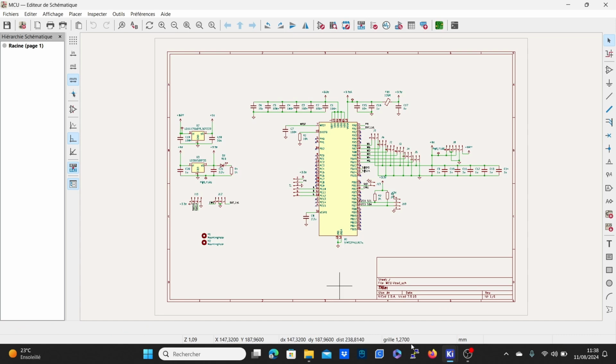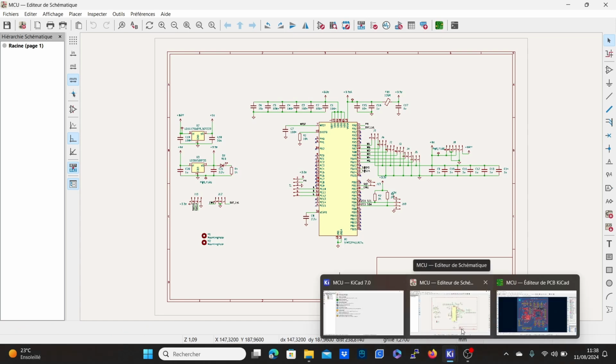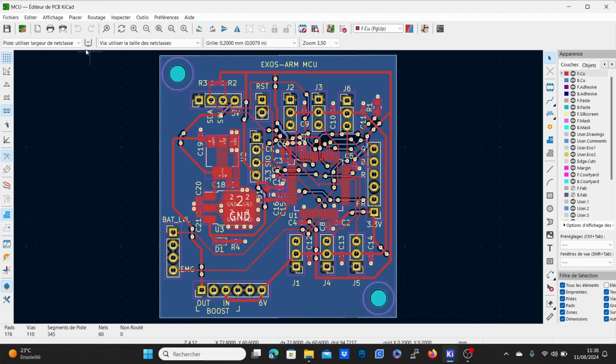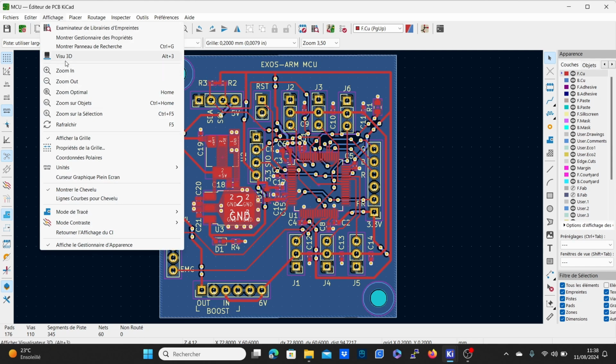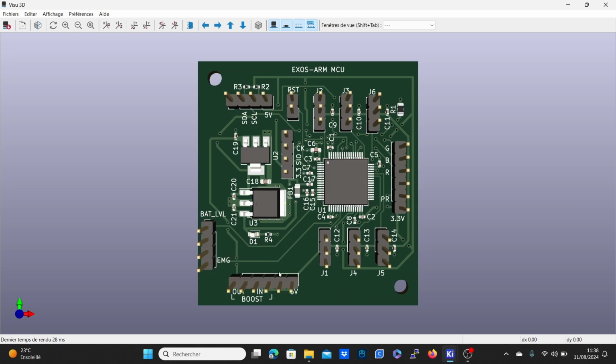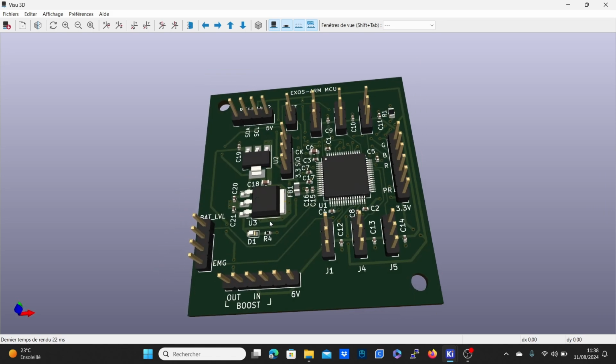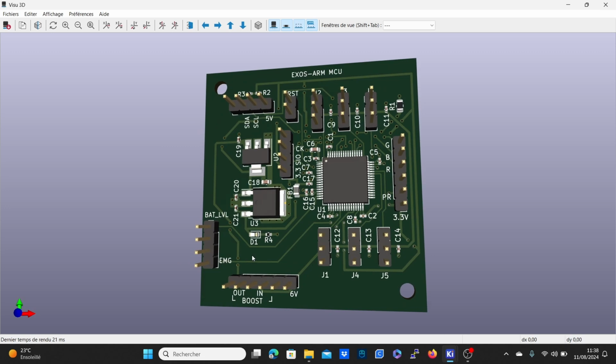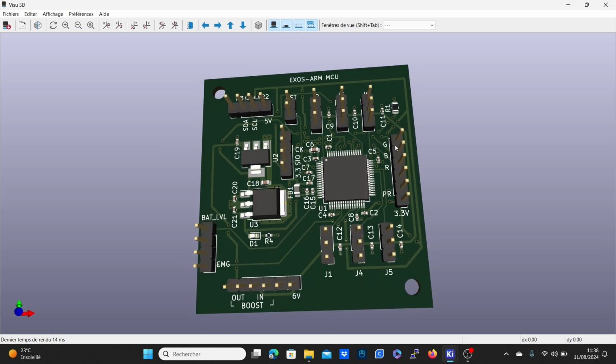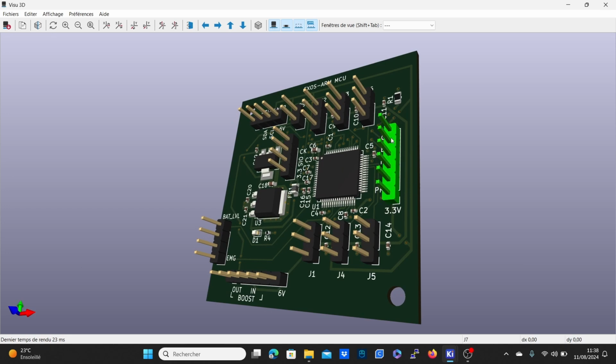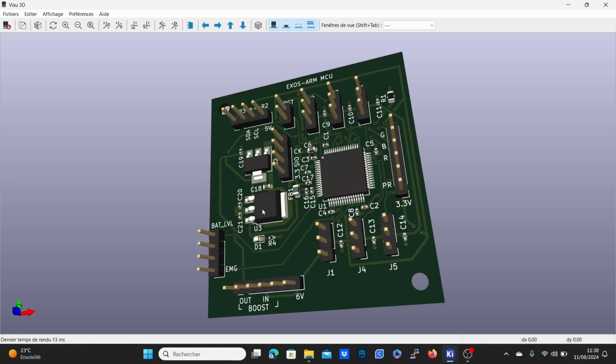Another thing I also wanted to talk about is the connectors that you will use on your PCB. Here is a 3D view of one of the first PCBs that I designed. So avoid using these connectors, these pin headers like this, if you don't have something like a JTAG,